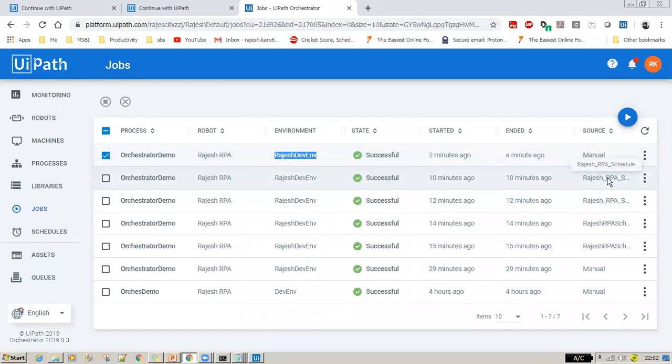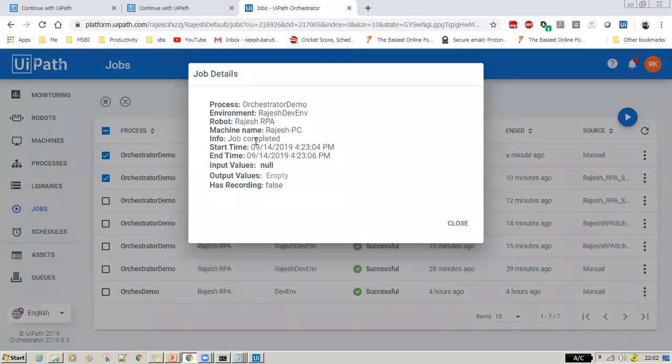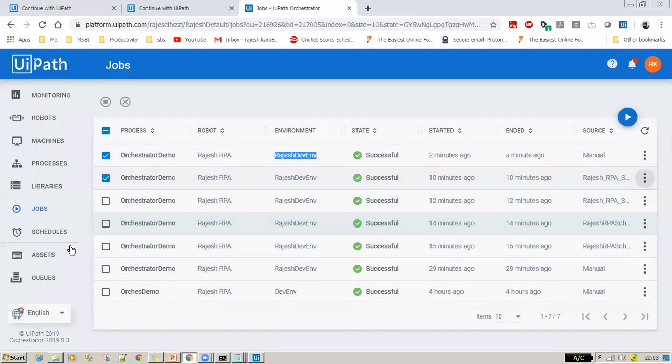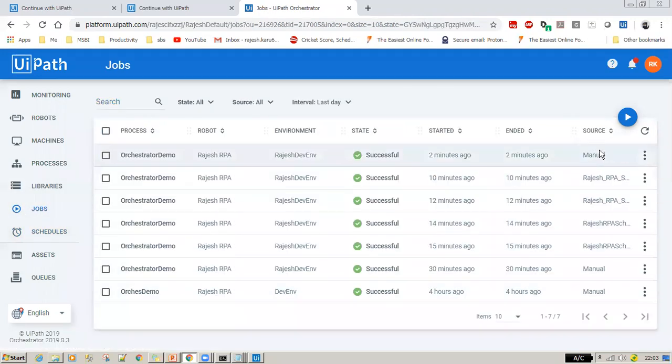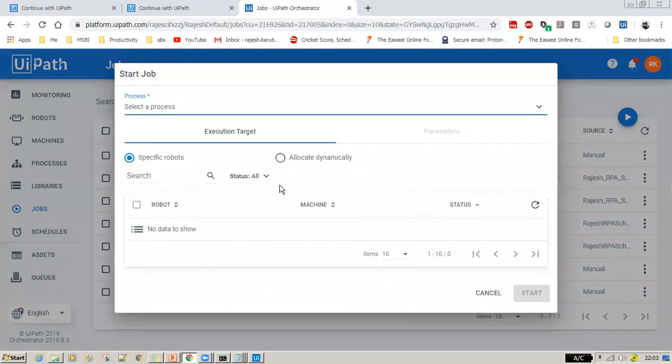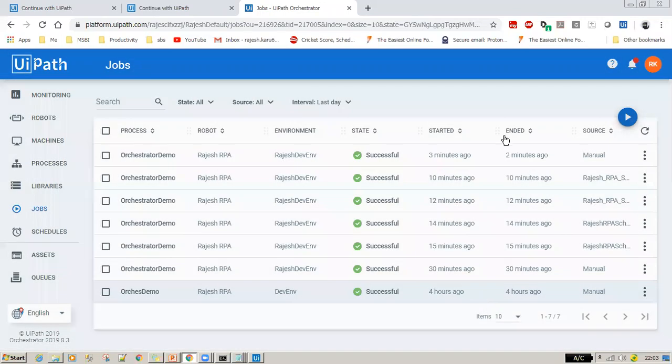So you should be clear which source a particular job is getting triggered from. If you see some other names, don't panic. That means the job ran by getting triggered through a schedule. So you go to that particular schedule and you can check. Since we deleted this particular schedule, it will not show, but just be clear about when we get manual and when we get a schedule. In case the job is running automatically through a schedule, you're going to see that name as the source. If you run from here, the source is going to be the manual mode of triggering. That's all.